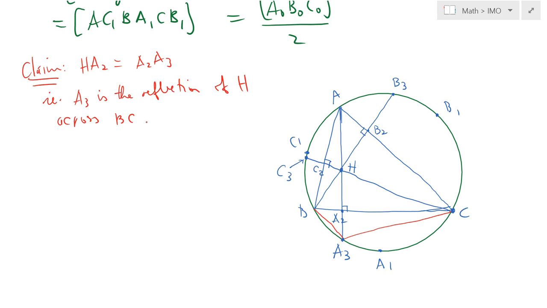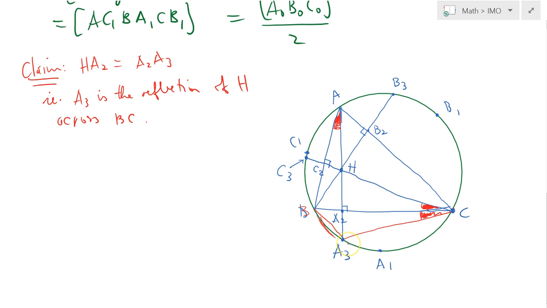For instance, if you consider this angle, it is obviously equal to this angle over here, and that angle is also equal to this angle. Can everyone see why? This angle here, angle A3CB, subtends this minor arc BA3,